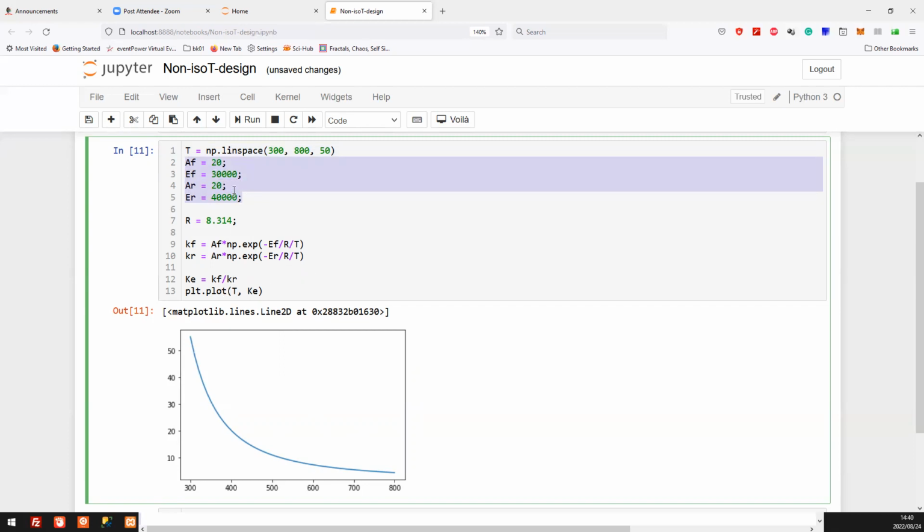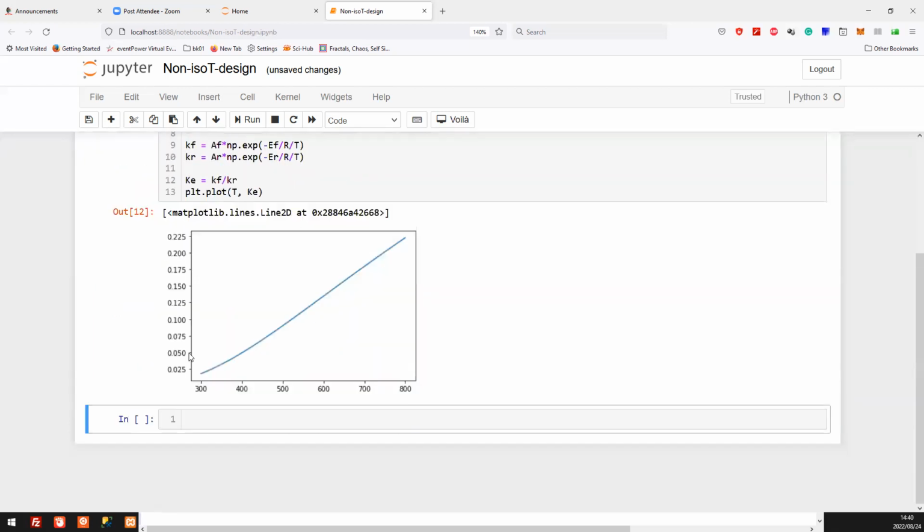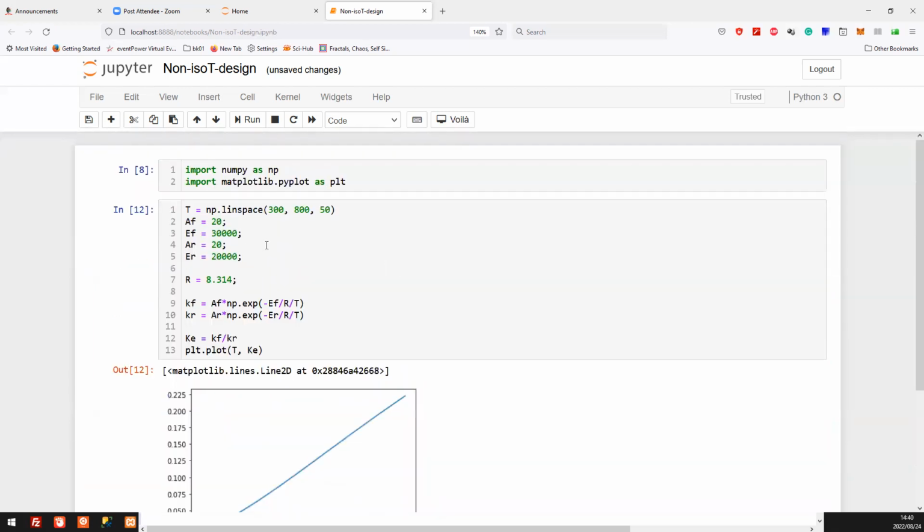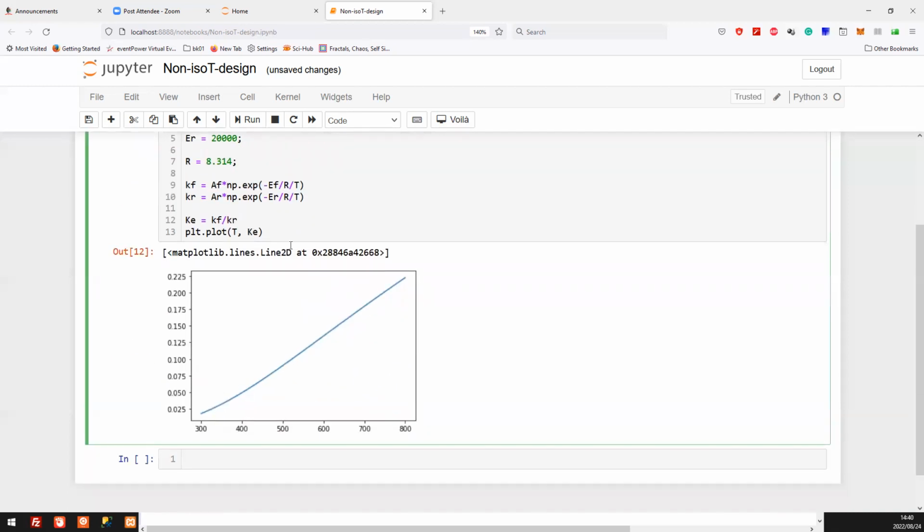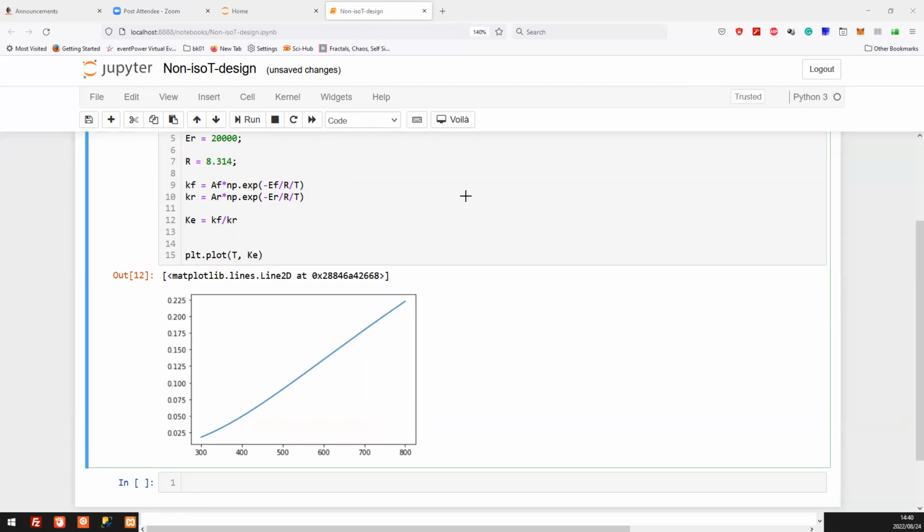So of course, if the reverse were true, if this went below, then it would rise, right? So here it's rising. So if your forward rate is greater, your kinetic rate constant goes up like that. Okay, so that's one. Now, what we are really interested in is XE. So we've just seen in our development,